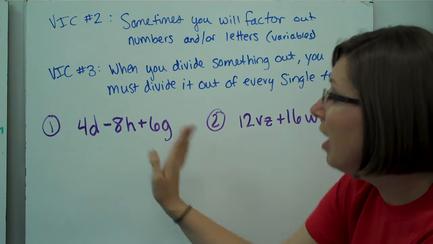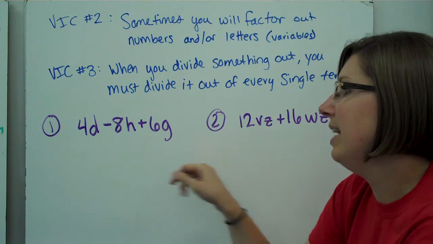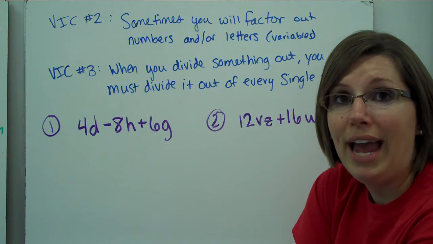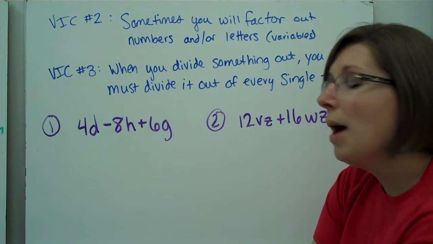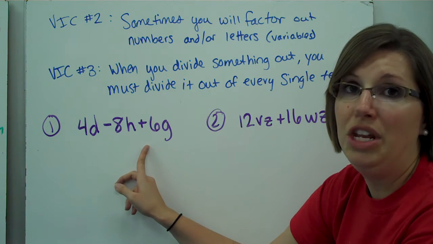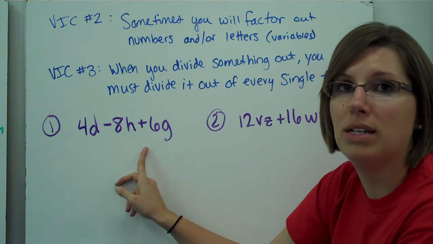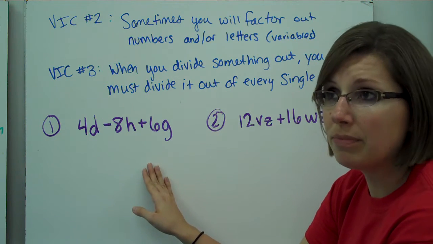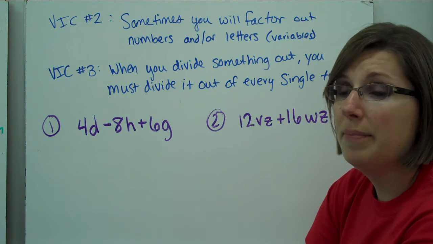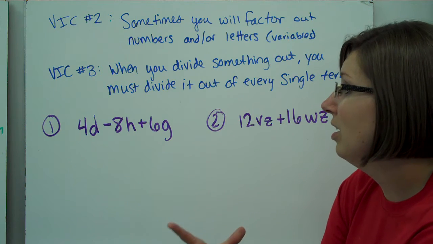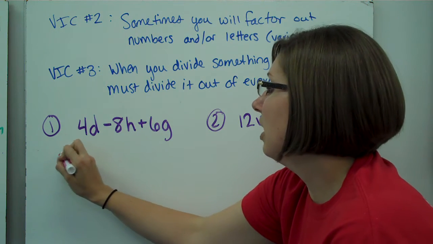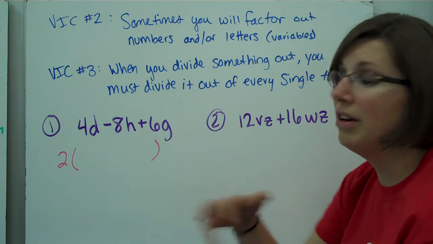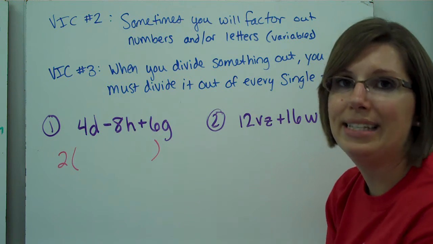I've got, out of my numbers, a 4, an 8, and a 6. Well, I know that a common factor between 4 and 8 is 4, but that is not common with the number 6, so I can't use it. The greatest common factor between these three terms, these three numbers, is 2. So I'm going to actually pull out a 2, and I'm going to now figure out what's remaining inside my